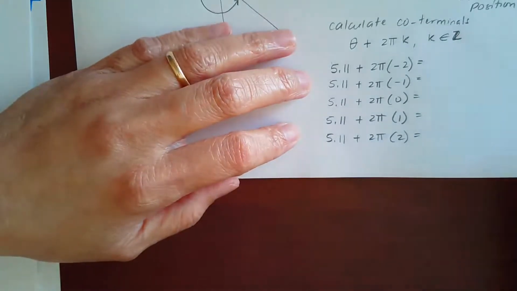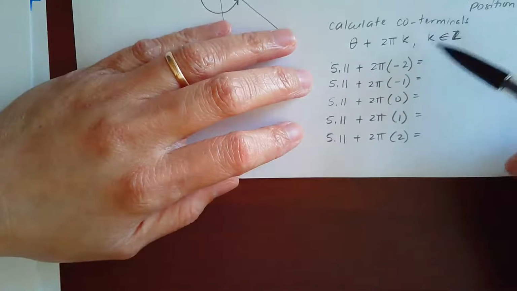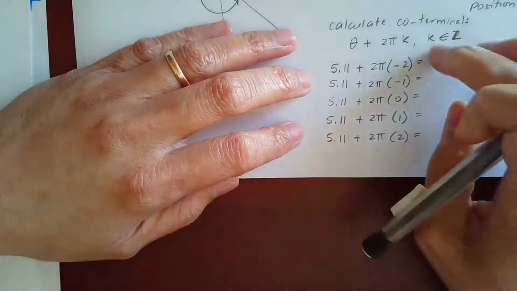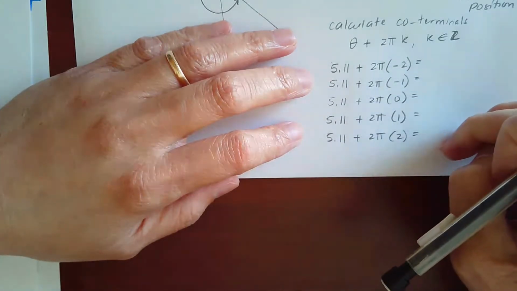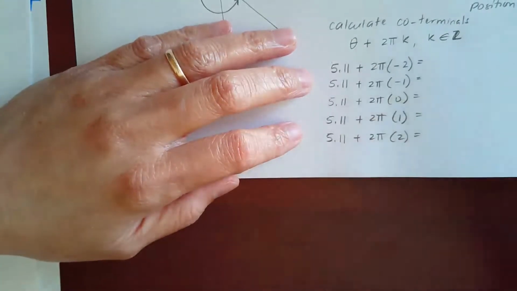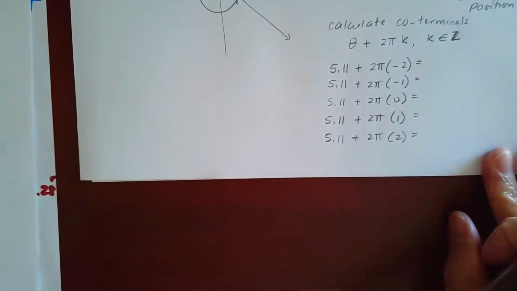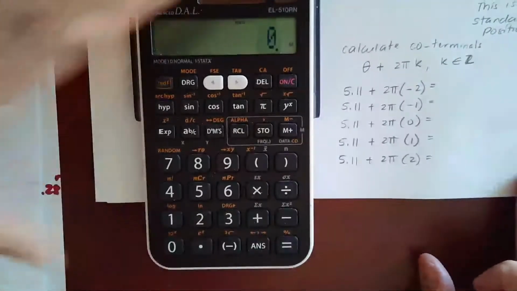Okay, so I've written down some values for k: -2, -1, 0, 1, 2, and then I'm going to end up with some coterminals in here, and we will later find out which ones actually fall within the domain of -4 pi to +4 pi. So if we calculate all these values in here,